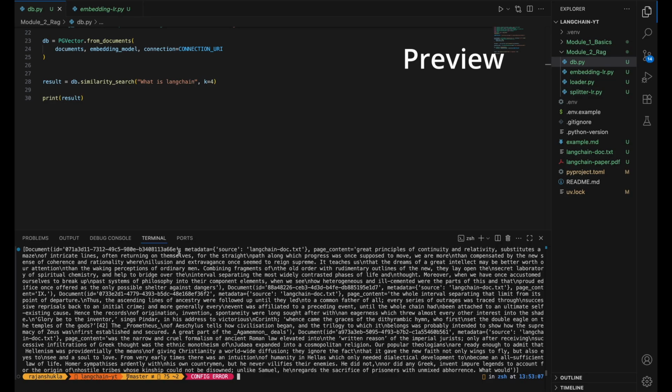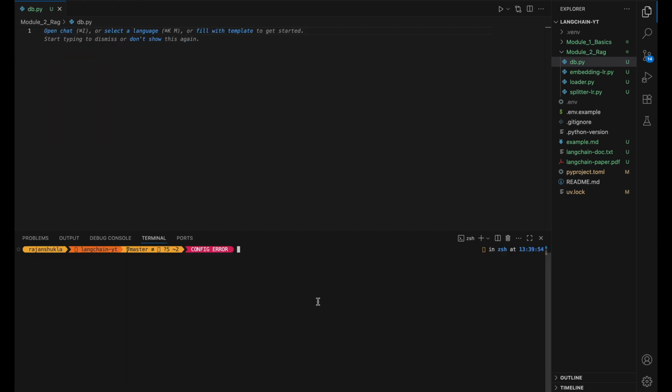So here you can see we were able to make the query, and it's returning 4 documents. Now we are going to learn how we can make an actual RAG system, defining the name as PG vector container,